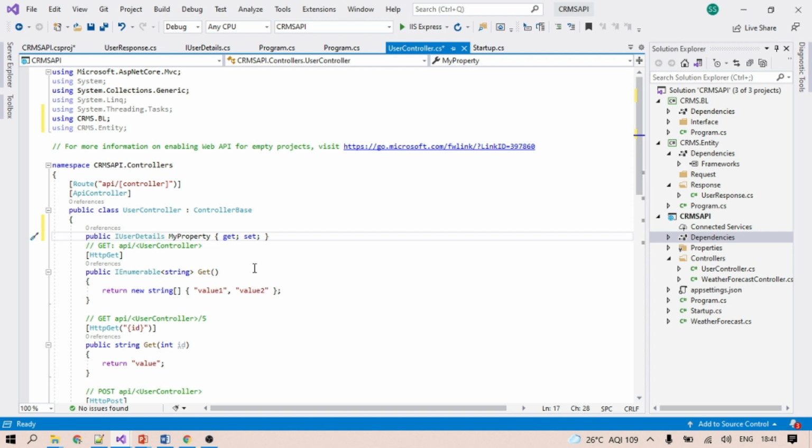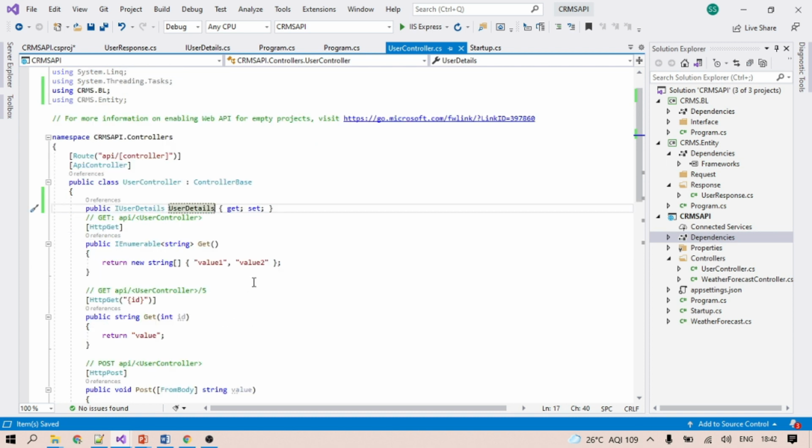So for I user details, what can we give as the name? It's a property, so make sure the property is in Pascal case. So user details. Casing is also important in actual development. Casing is taken care of by the teams, whenever they are reviewing or doing any kind of observation, they will always point it out if you're not using the proper casing.